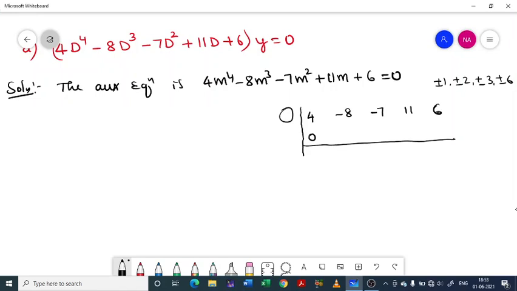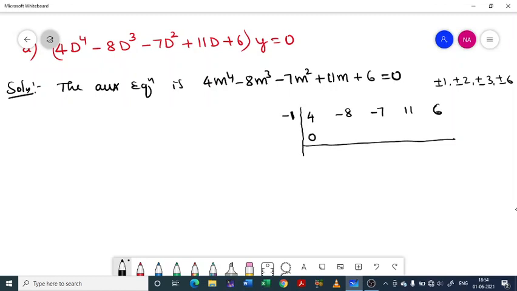You can take plus 1, then repeat the procedure that I will do now. Then take minus 1, plus 2, minus 2 and so on. Actually, since I know the root, I will directly take it. If you take minus 1 here, actually this is by inspection. You first take 1, then check. If it is a root, no problem, good. If it is not a root, then take another number, repeat the procedure, and you will definitely get one root.